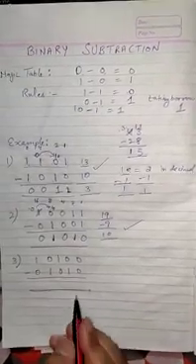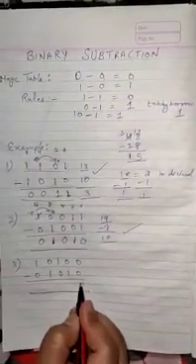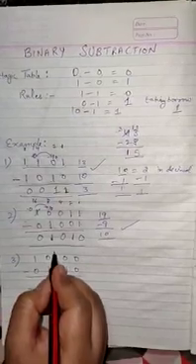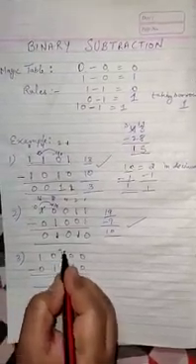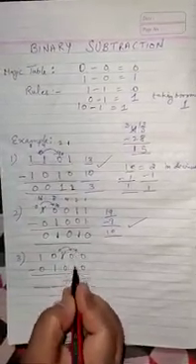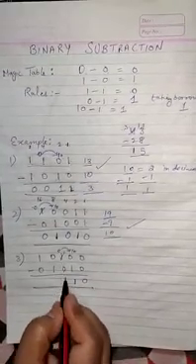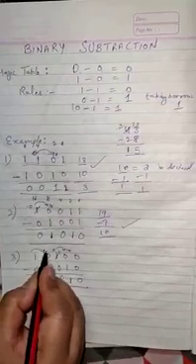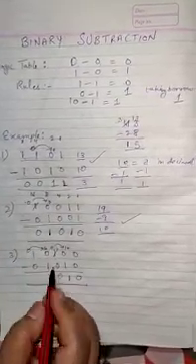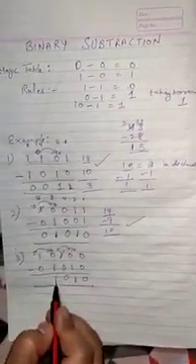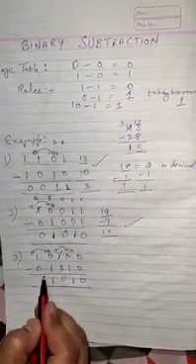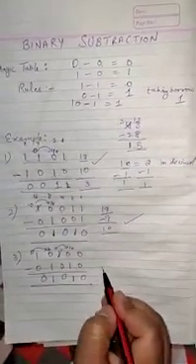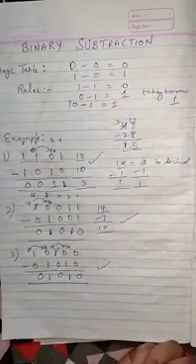Now with another example, 0 minus 0 is 0. 0 minus 1 is not possible. It will become 0 and here it goes 10. 10 minus 1 is 1. 0 minus 1 again has come. Again you take a borrow and 10 minus 1 is 1. 0 minus 0 is 0. Same way you do the verification and your answer will be correct.